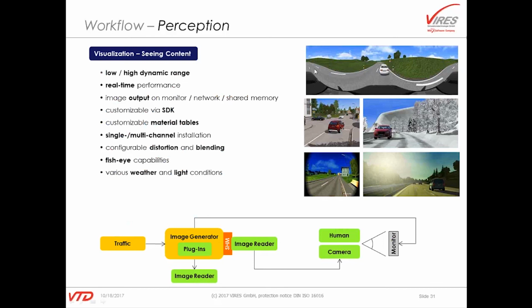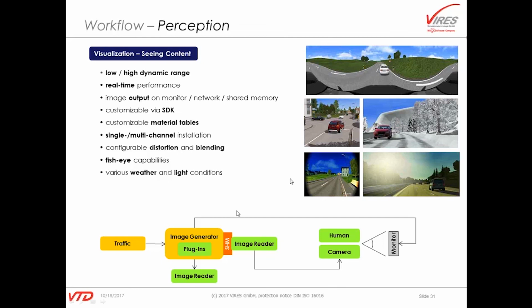The visualization can be done using a renderer or a ray tracer in our case, so we can use both. We can have any optical distortion that you need. In the top picture here, you see a 360-degree view. We can have any season at any time, of course, which is the advantage of testing in the virtual domain. We can do these fisheye effects. We can have other environmental effects like oncoming daylight, etc. So there are quite a couple of things that can be done in the image generator.